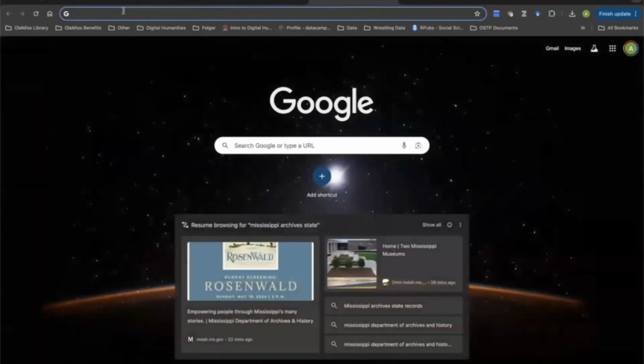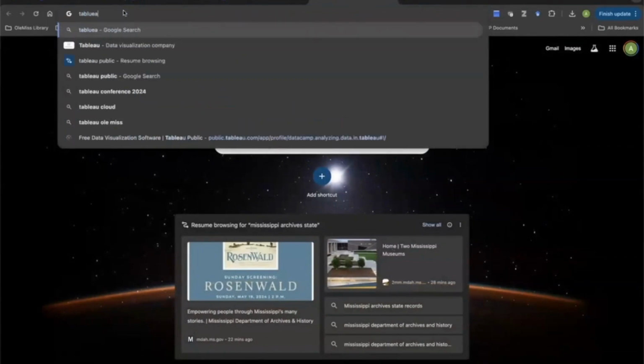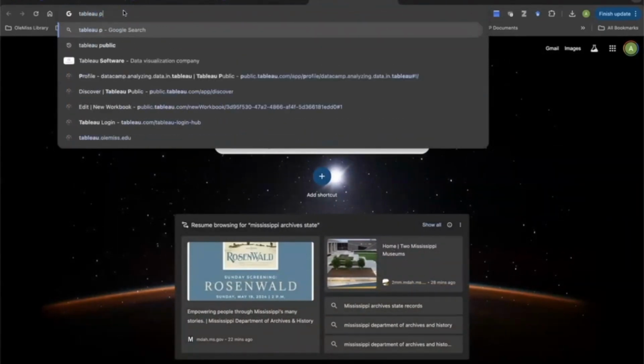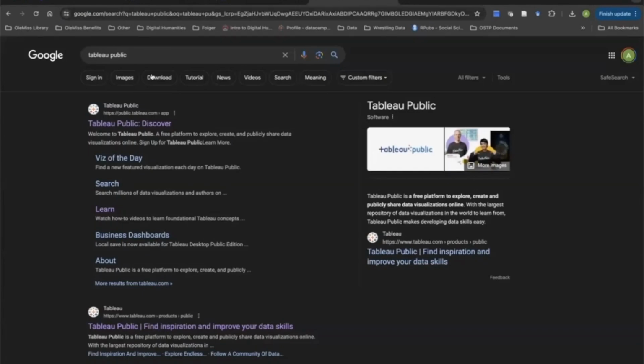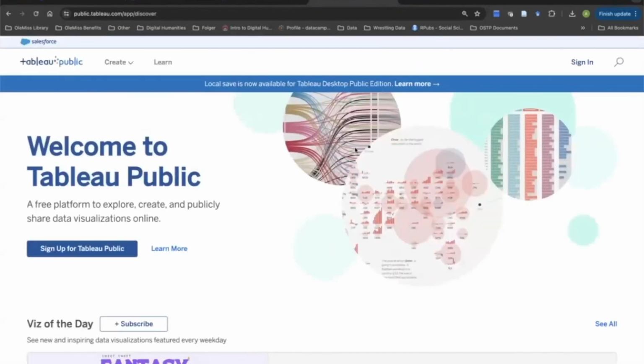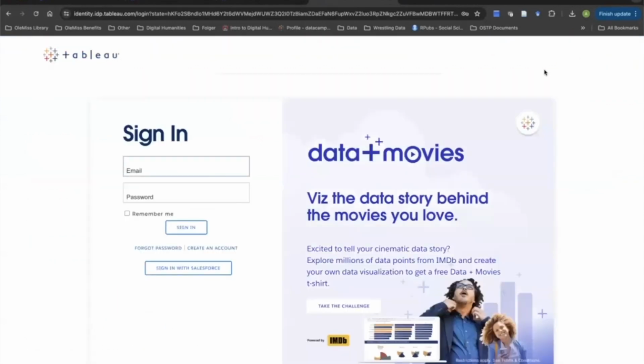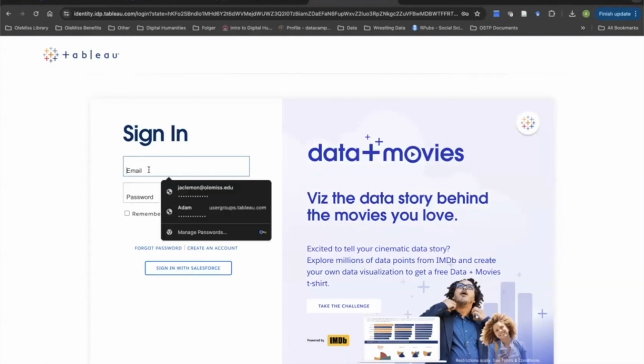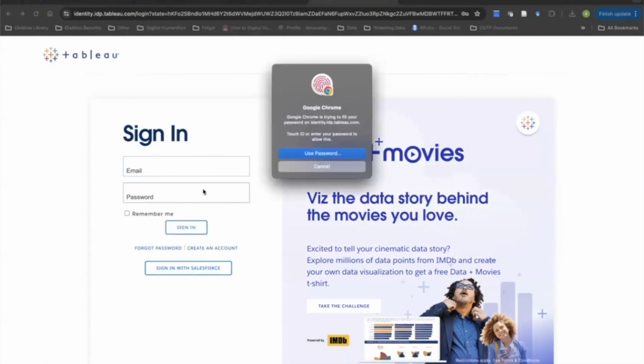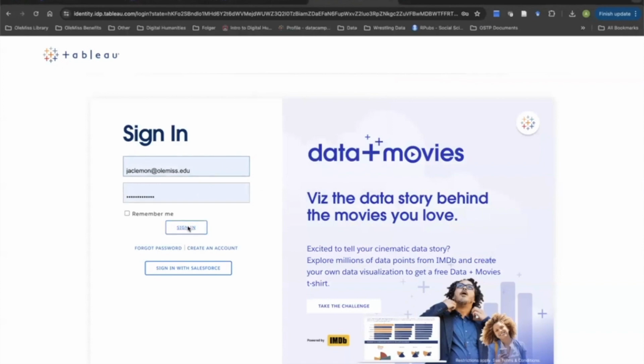Okay, so with that said, I'm going to jump out now to my browser. And if you're following along, go ahead and navigate to Tableau Public. And you should see this. You want the Tableau Public: Discover. If you haven't already, the first thing you need to do is navigate over to the sign in option. I currently have an account, but if I did not have an account, I would just need to create an account with Tableau. I'm going to go ahead and do this. And that'll get us started